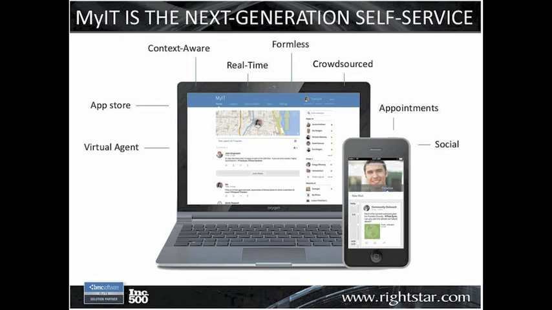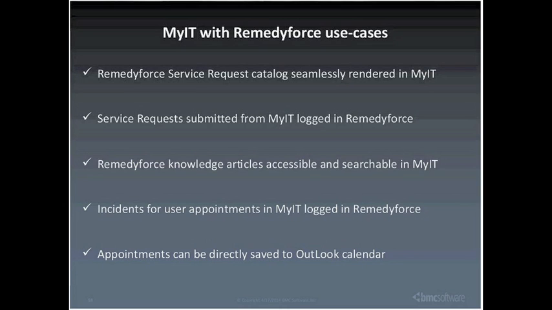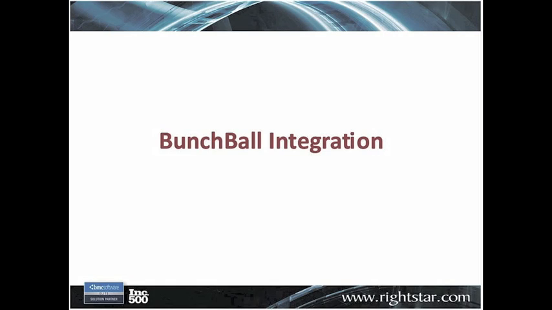MyIT is a tool that gives you all of that capability through your mobile device or through your PC. And so there's a number of use cases for MyIT. Again, we'll be having some dedicated webinars for MyIT coming up next month, I believe. So look for that. The other thing I wanted to touch on real quickly, and this is the last element,